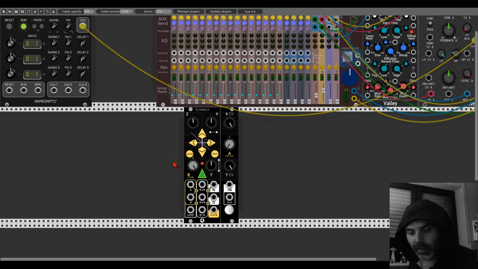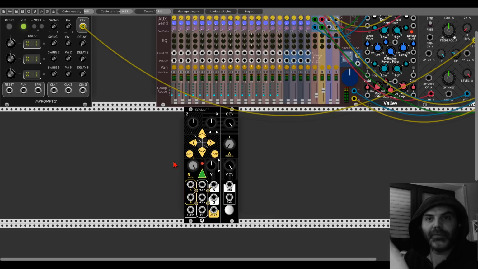Now Scanner, as I understood it, and I have it also here. I'm ready. I've printed everything. I love manuals. So Scanner will scan between two different signals that we will input in the A and B. So if I'm not mistaken, it will not produce sound by its own. It has Z, X, and Y. So we can scan